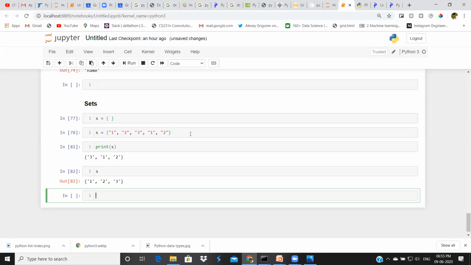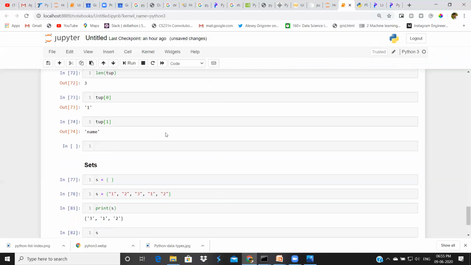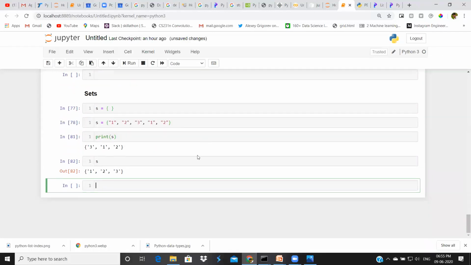Yeah, in sets, duplicate items are not allowed, but in tuples and lists, duplicate items are allowed. We have methods here, like set dot add.